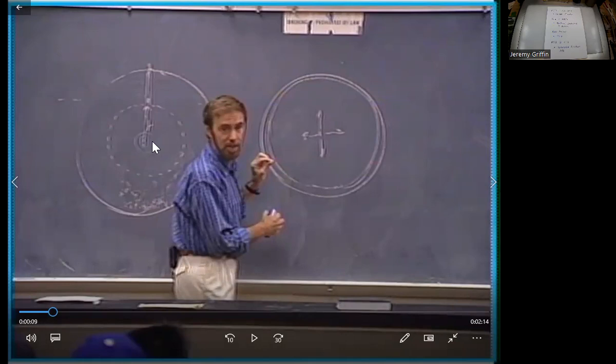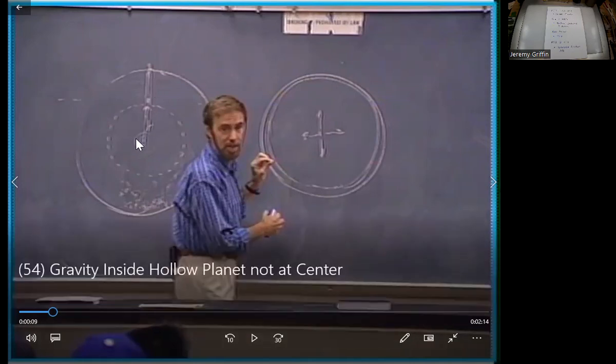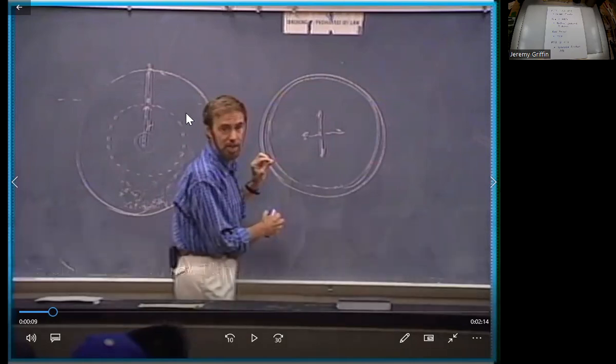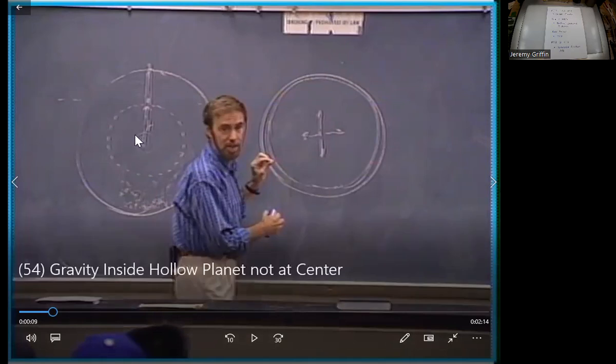Guys, how about this? Which way would be down right at the center? Could you stand on the floor? Or how about this: do you think every single grain of sand on the planet would be pulling you a different direction? And if all the forces are pulling you a different direction, do all the forces balance out? Do you think you'd be floating around like an astronaut? I think you'd be floating around like an astronaut right at the center of the planet.